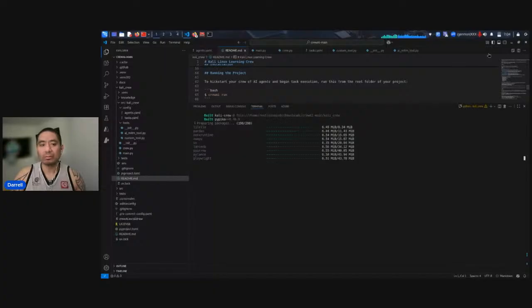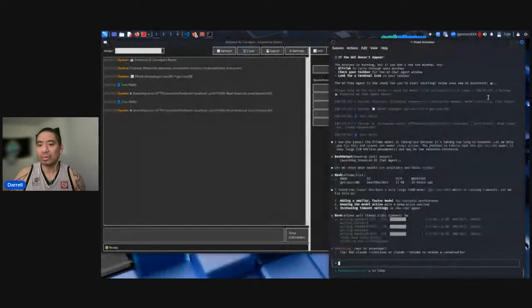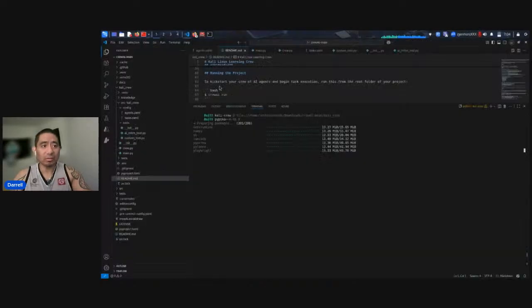All right, so let's switch over and see what is going on with the interface, the AI agent interface. So that's still doing its thing. And let's go back to VS Code. So it's almost there. It's about 201 packages installed, so 5 more left.